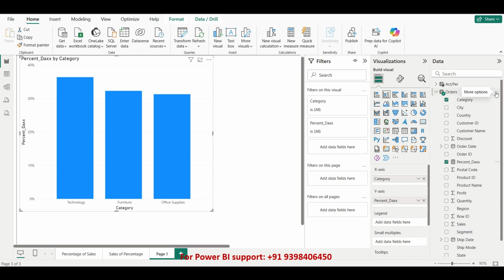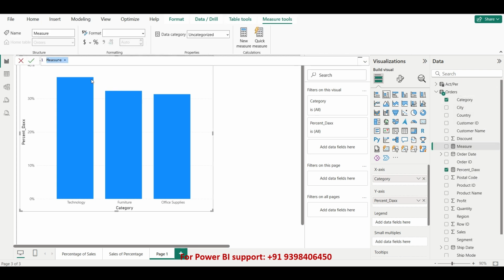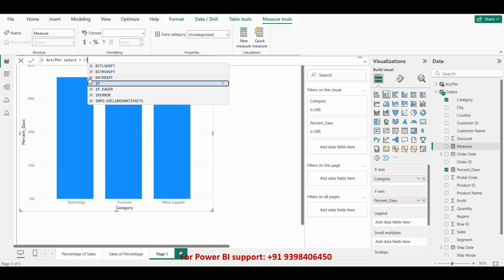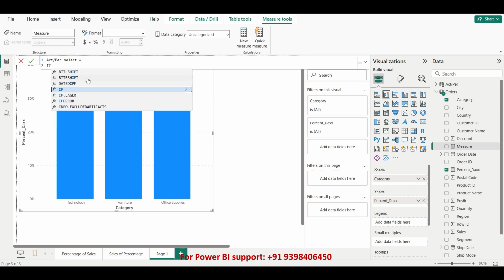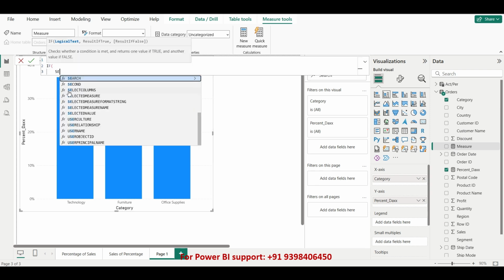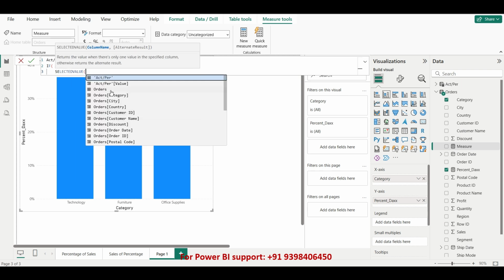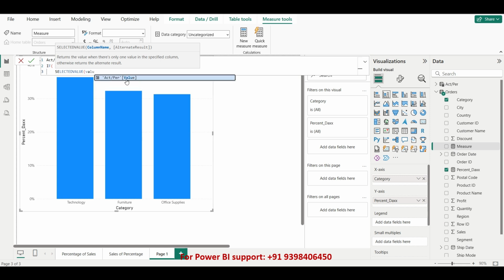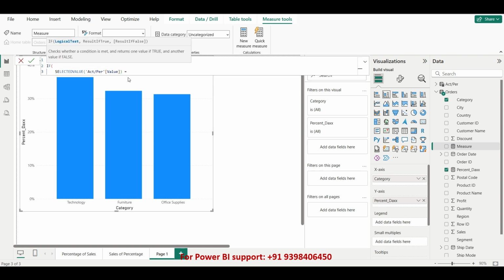So let's write a small DAX on how to link that particular table and selected value. So let's create an act/percent selection measure. And what I want is to give a small if condition. So if my selected value from act slash percentage is equal to actual,